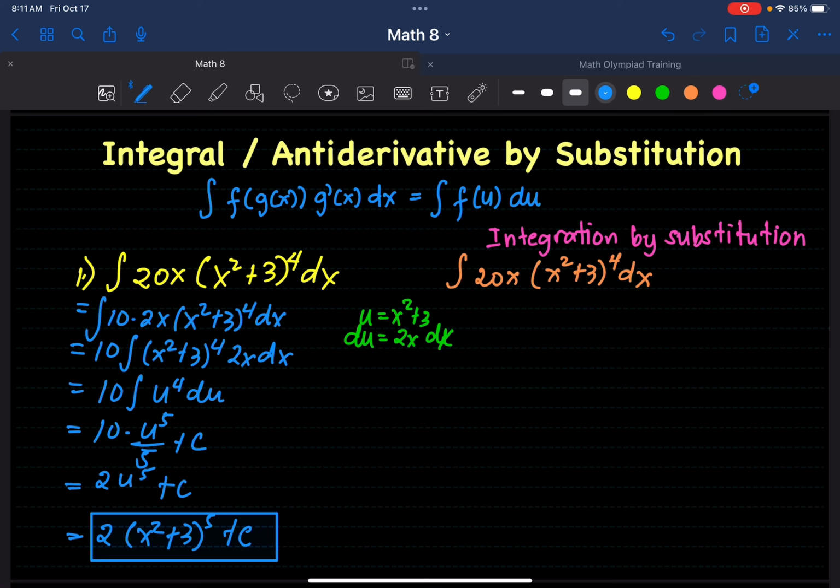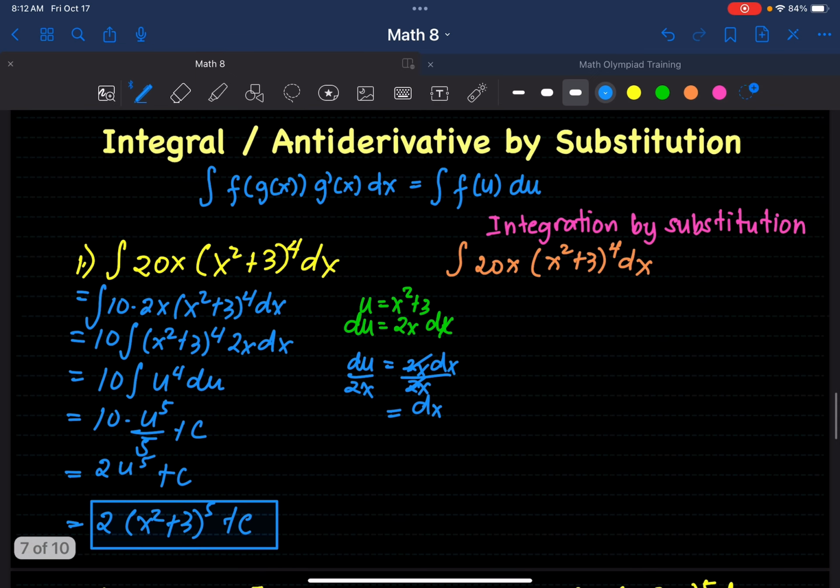Next, there is another way. How are you going to solve that? So they substitute dx in terms of du over something. How is that? So we let u equals to x squared plus 3 and du equals to 2x dx. So divide both sides by 2x so that the remaining term on the right side is dx. And our dx is equivalent to du over 2x. And substitute that here.